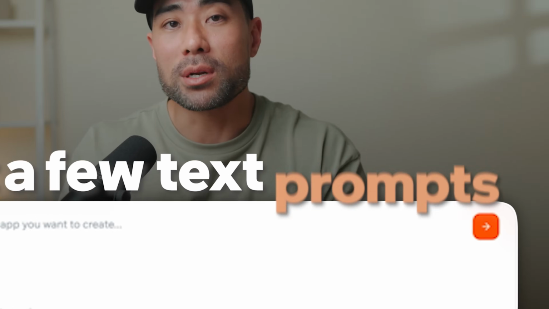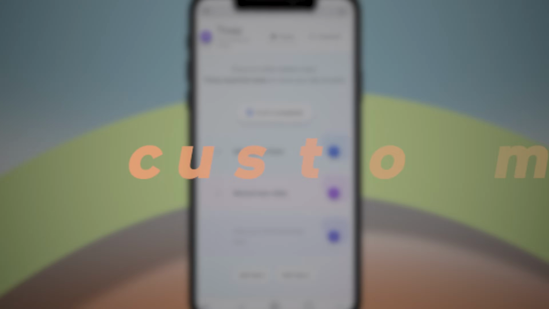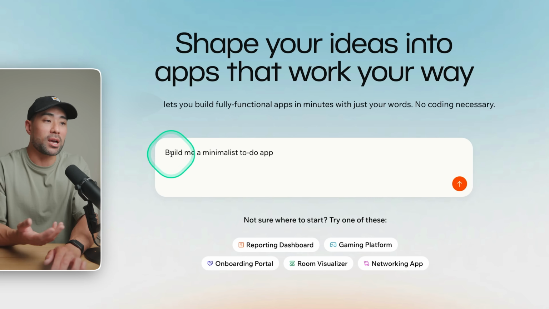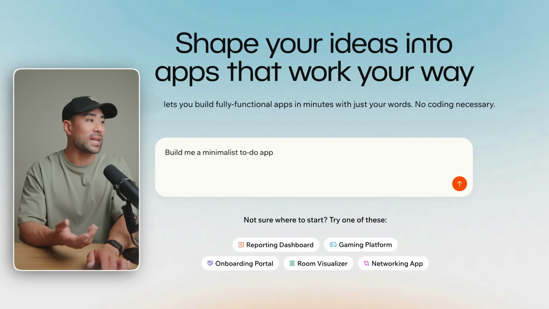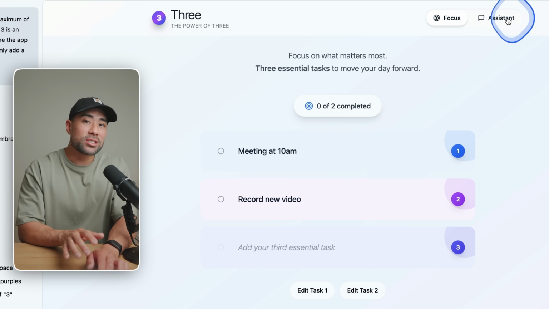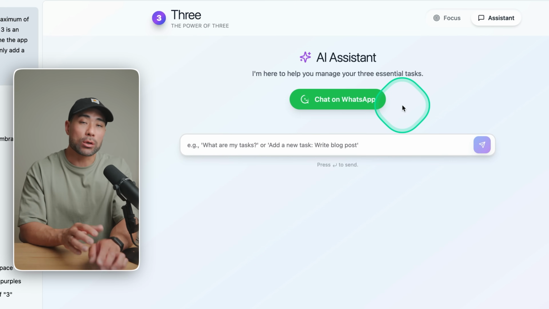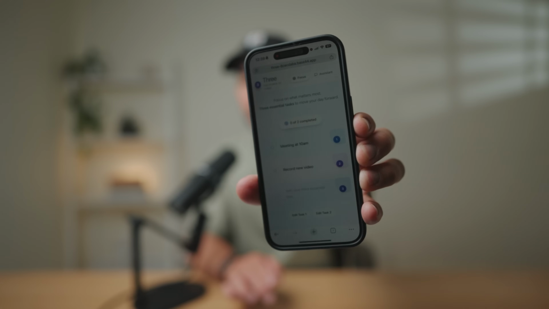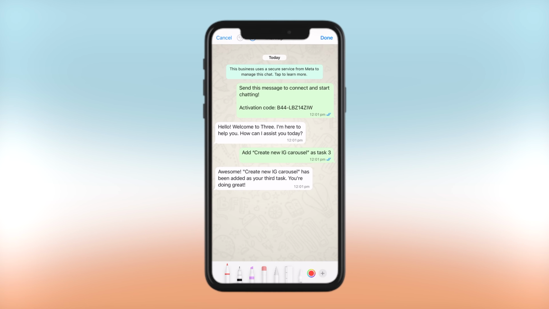With just a few text prompts, you can build your own fully functional custom app by simply entering something like "build me a minimalist to-do app," and in just minutes, you'll have your very own app. And you can even integrate an AI assistant, which also integrates with WhatsApp so that your users right here, and by the way, it's mobile friendly too, can chat with your AI assistant directly and type in something like "create